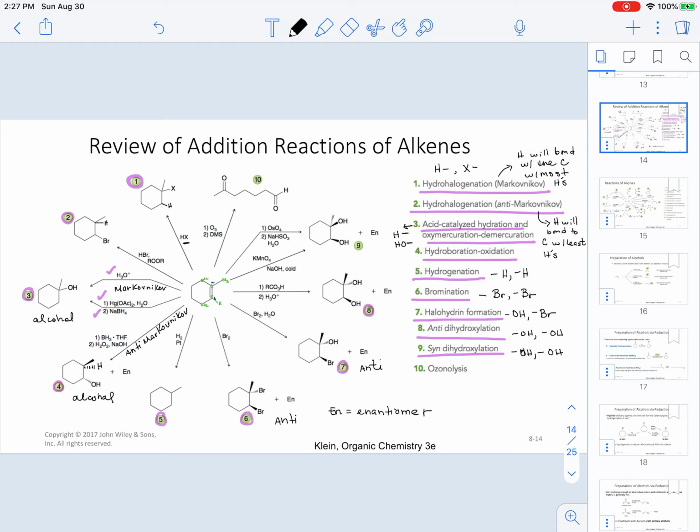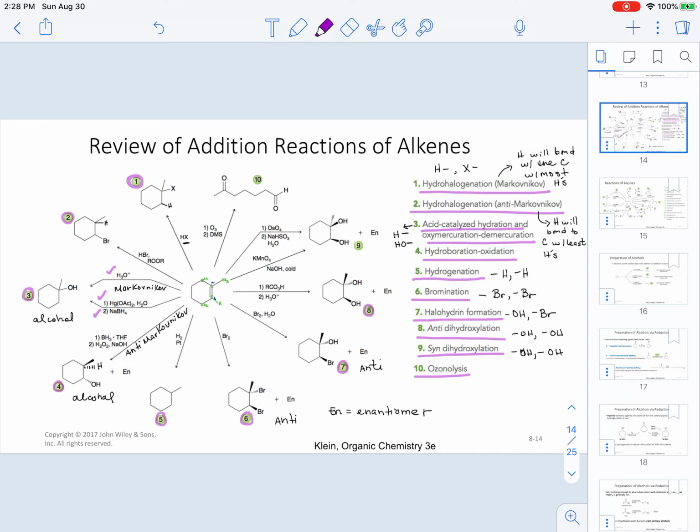That's why you have the enantiomer, either both pointing up like in wedges or both pointing down in dashes. It's just that the one in which the OHs are pointing down is not present. Now, when it comes to reaction 9, as you can see, we have two sets of reagents that can accomplish this. And the last reaction that you need to be familiar with when it comes to reactions of alkenes